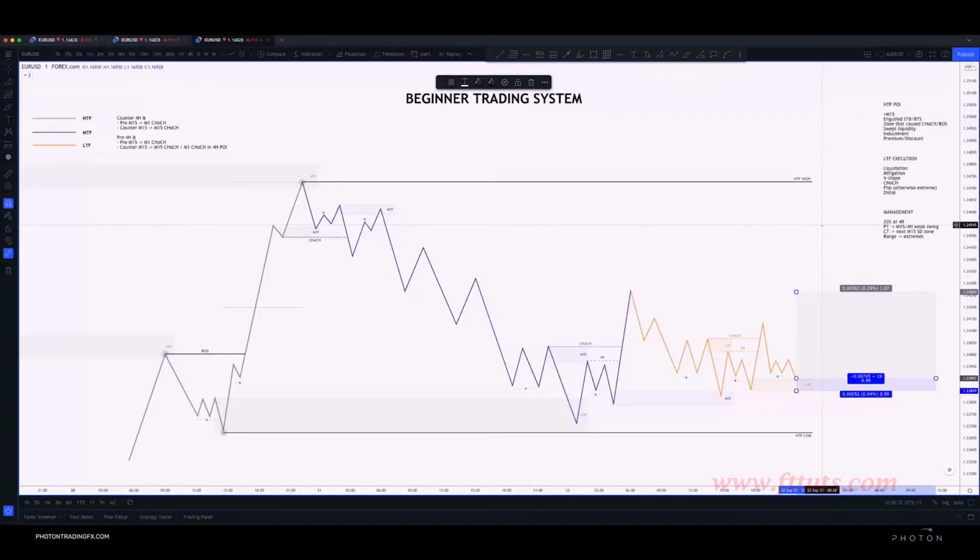And are you going to have different management rules for if it's pro 4-hour but counter M15, and when it's pro both of them? Right, so you can see how it can get quite confusing, and that can be a lot of different variables here. So that's kind of why I try to keep it reasonably simple. And the way I generally approach it is just be very simple, right? 20% off at 4R,